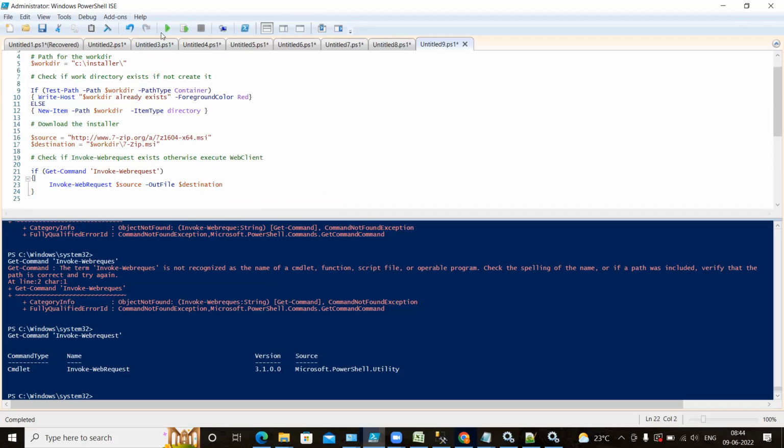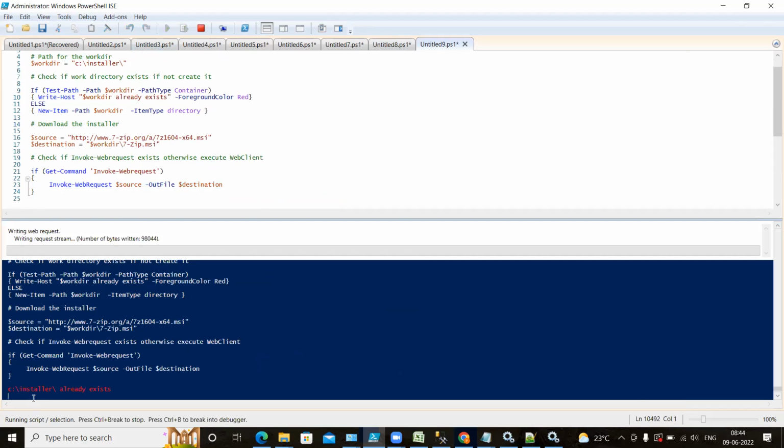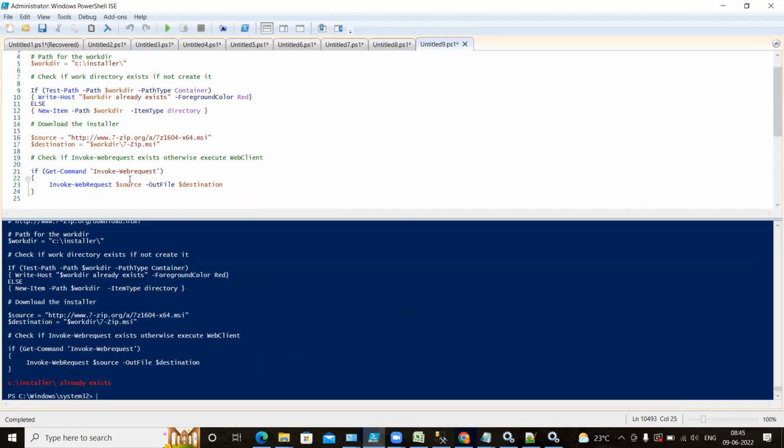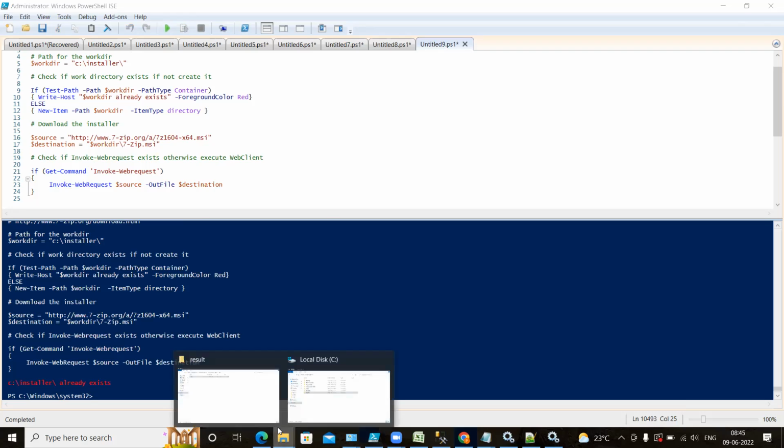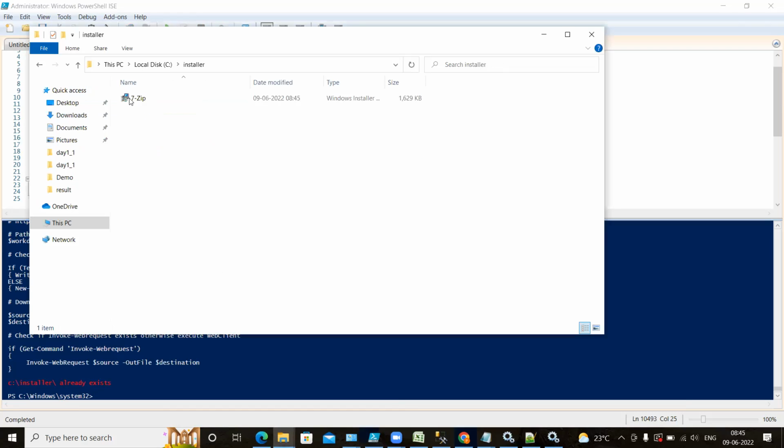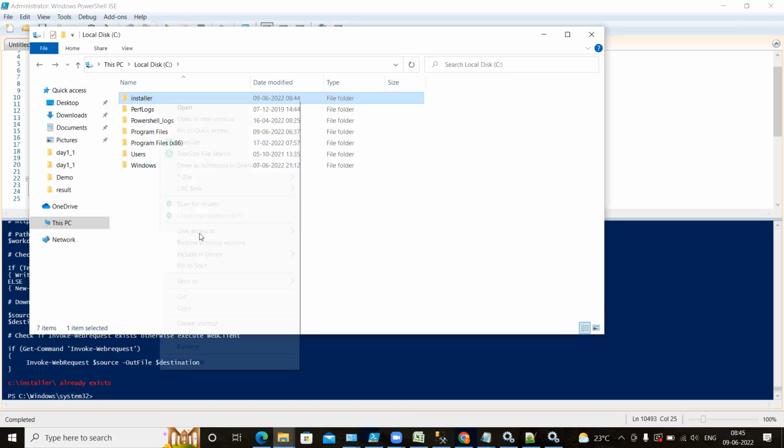So what is going to happen if I run this? This directory is already there. And what it has done is it has just copied the software to this location. So if I go and see, the 7-zip file has come. If I delete the folder and this again,